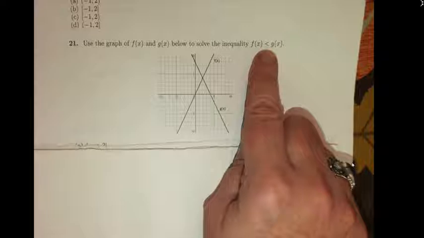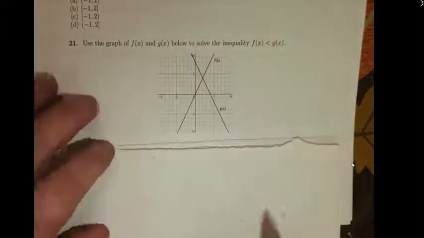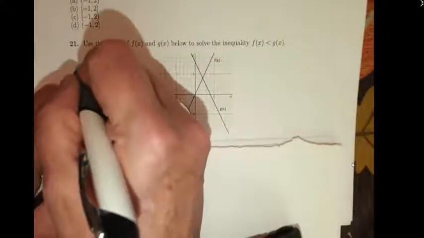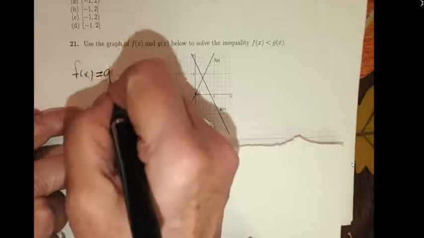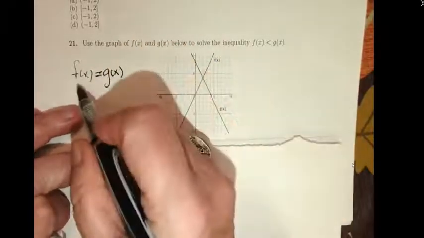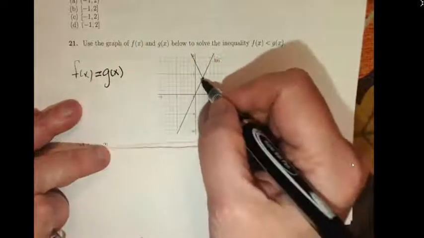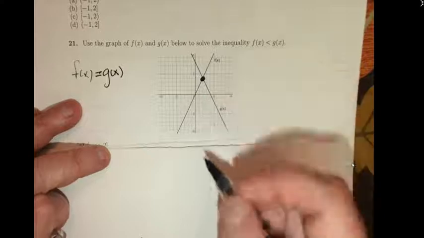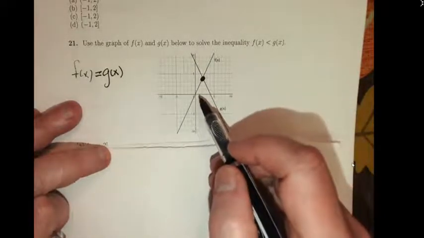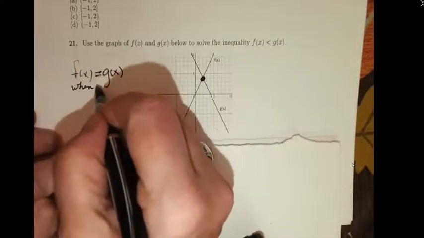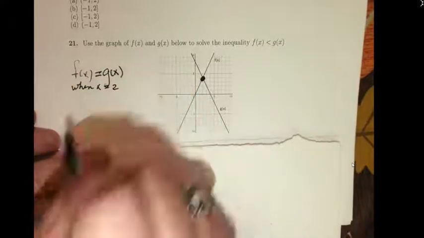So first of all, the two graphs are equal when they have an intersection point. So these two graphs are equal here, and that happens when x is equal to 1, 2. Okay. All right, now